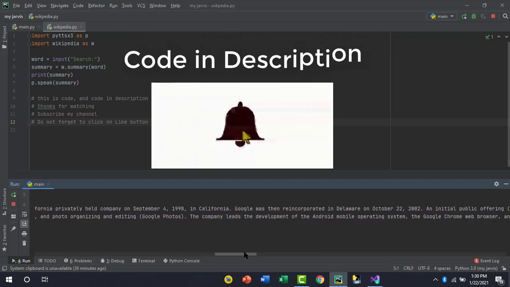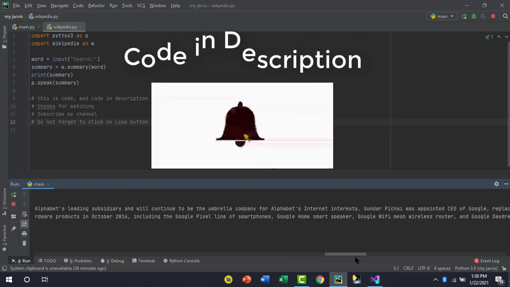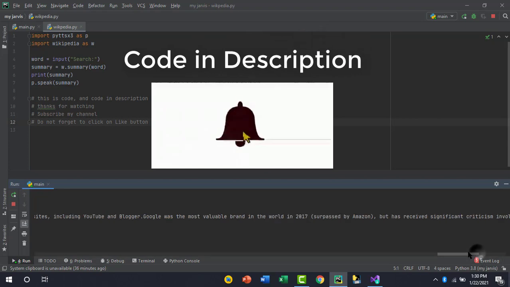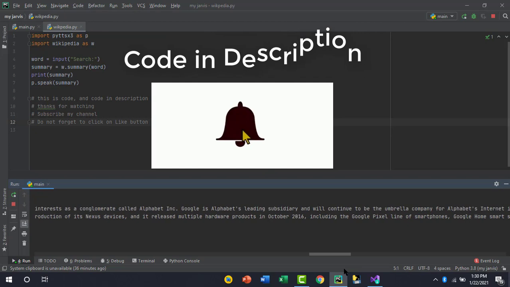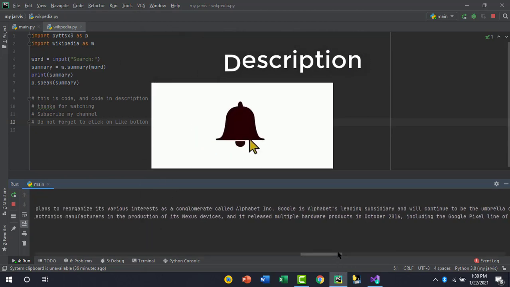Together they own about 14% of its shares and control 56% of the stockholder voting power through supervoting stock. They incorporated Google as a California privately held company on September 4, 1998, in California. Google was then reincorporated in Delaware on October 22, 2002. An initial public offering, IP